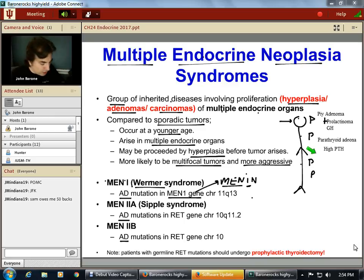But you also had a G cell tumor, a gastrinoma too. So those are the two most common. So we have it listed. Again, we got pituitary adenomas making prolactin or growth hormone. We've got parathyroid adenomas making PTH. Now we got pancreatic adenomas, islet cell tumors making insulin or gastrin. Now, if it's making gastrin, do you remember